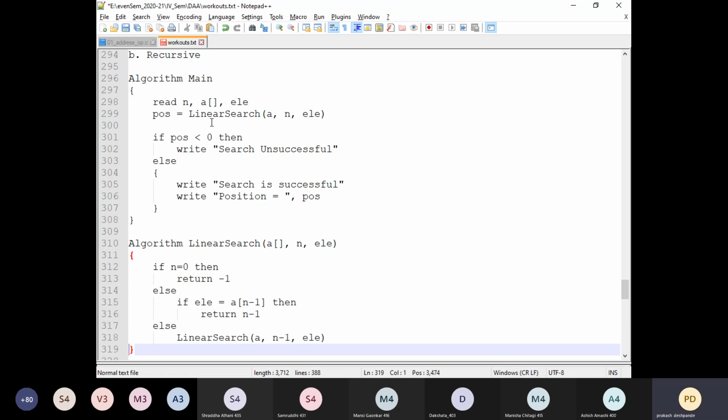Now, for tomorrow's class, I will give you a homework. The homework would be, write it down: write an iterative and recursive algorithm to find the value of x raised to n, that is x power n.